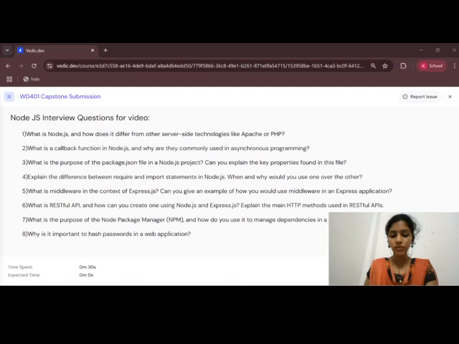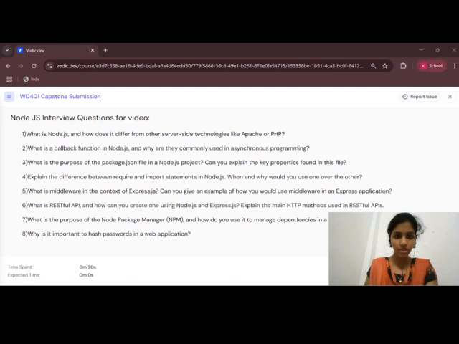The program does not wait for a task to finish before moving on to the next one. This is meant by asynchronous. And unlike Apache, which is multi-threaded and blocking, Node.js is single-threaded and handles many connections efficiently, best for real-time apps, APIs, and high-performance applications. And this is about the first question.